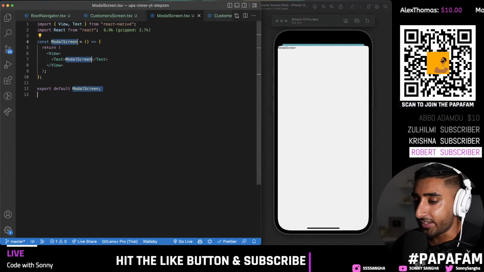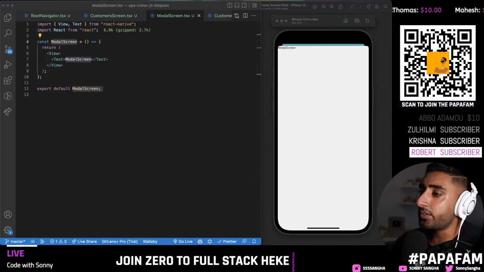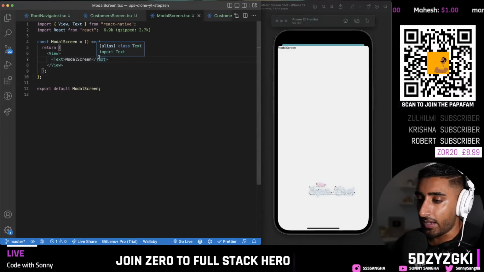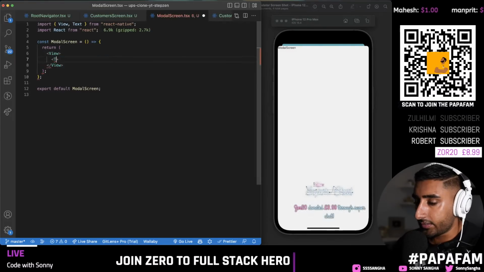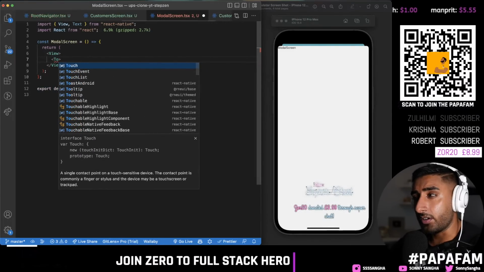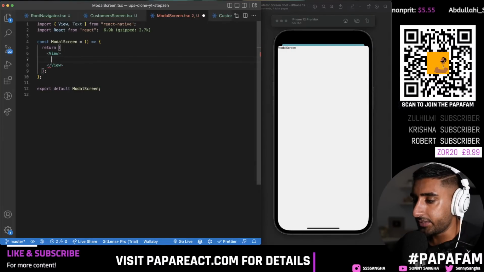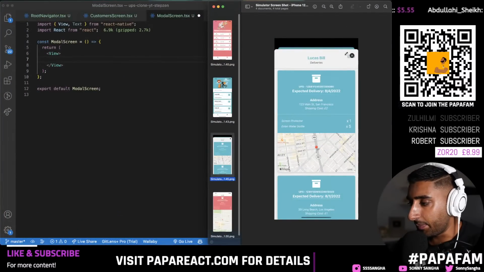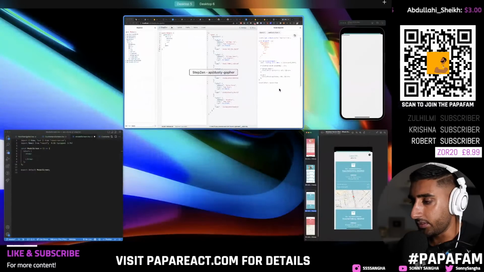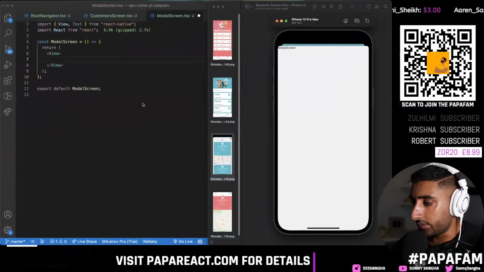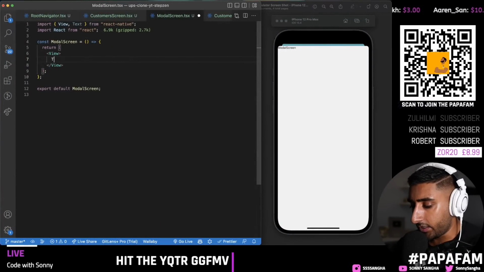Right, modal screen. Let's go. So first thing I want to do right now is I want to go ahead and start styling out. So we've got the view. Everything inside of the view is going to be a touchable opacity. Well, no, it's not. What am I saying? No, it's not. I'm going to have a back button, which is going to be the touchable opacity. So this button right here is going to be an absolutely positioned button on the top right of this element. So let's do that now. So I'm going to have a touchable